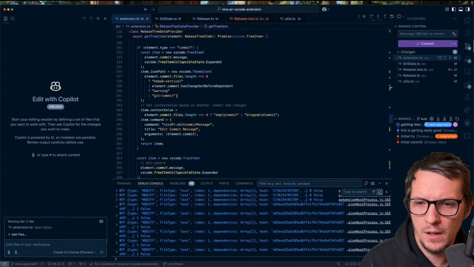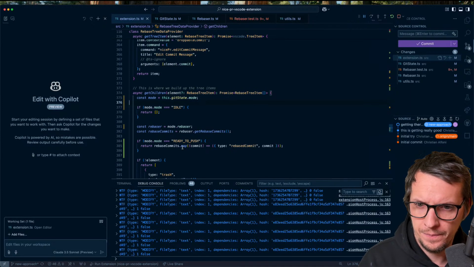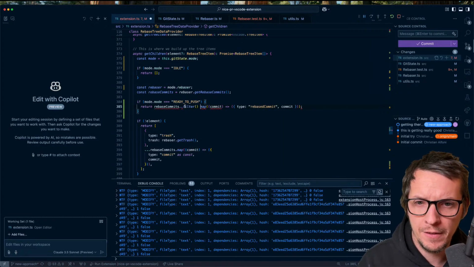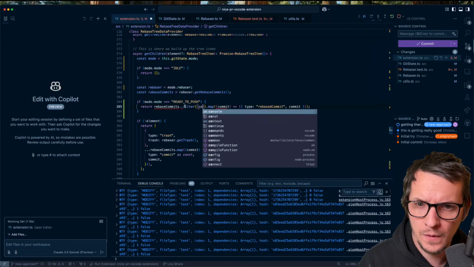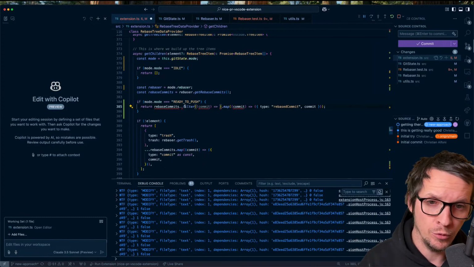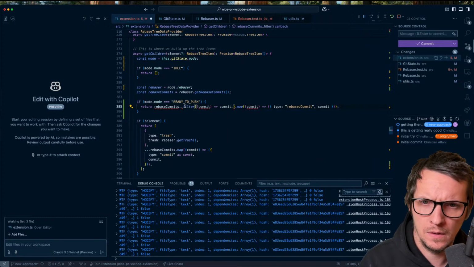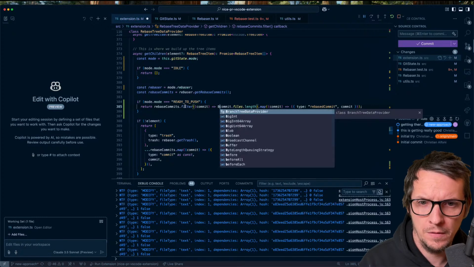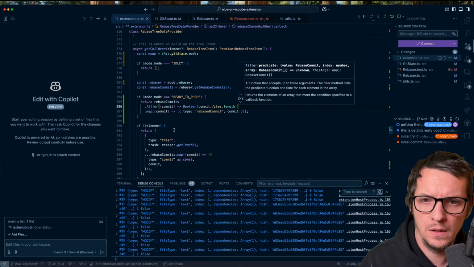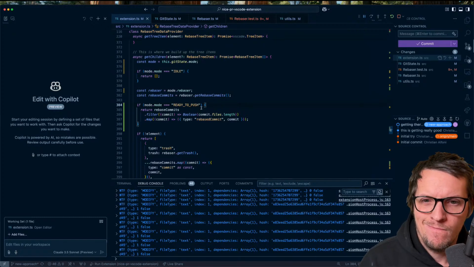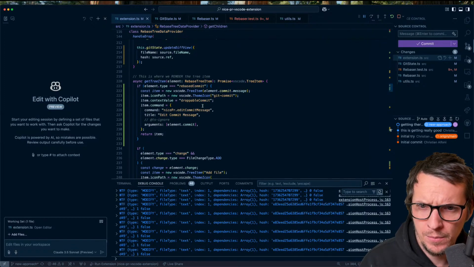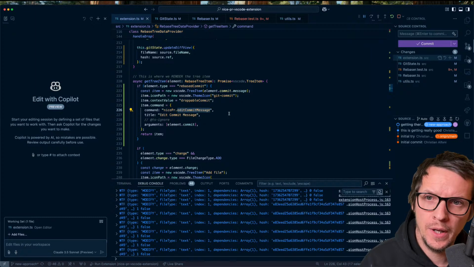Let's go back to children. We're actually gonna ignore the filter if it doesn't have any changes, because that can happen, like you forget to manually remove the commit. Yeah, so if it has files, then we're gonna bring it in. And then up here, get tree item. If it's a rebase commit, so here we're gonna